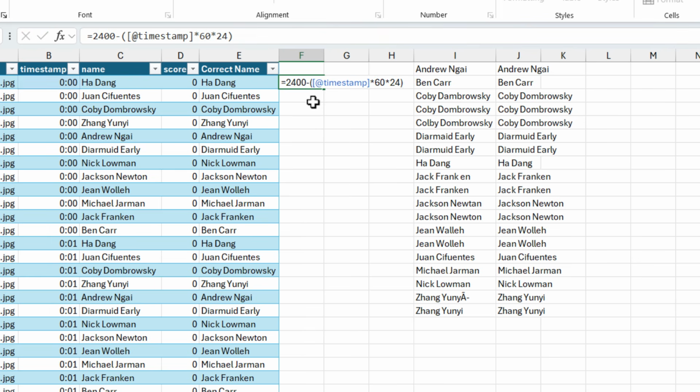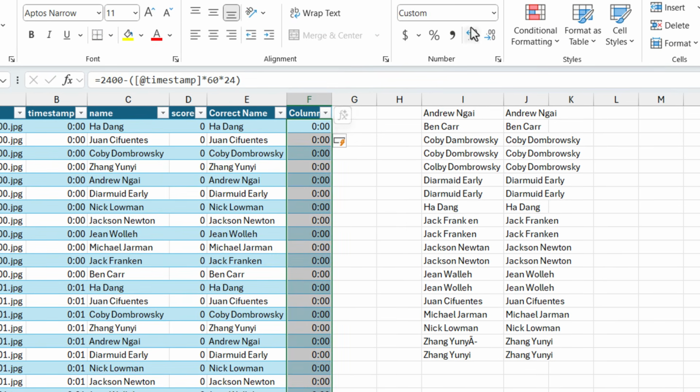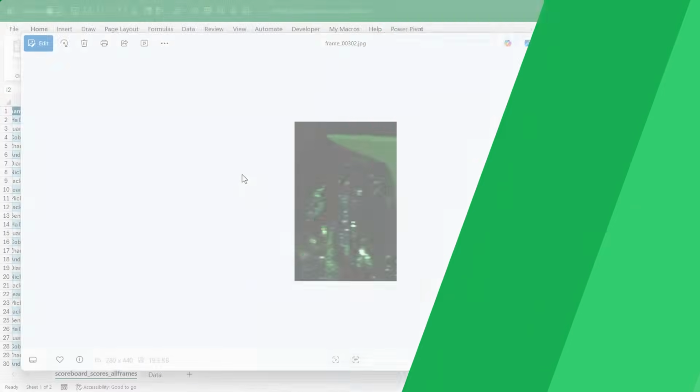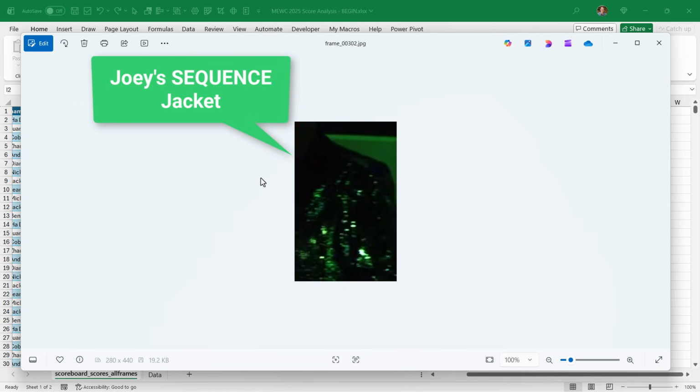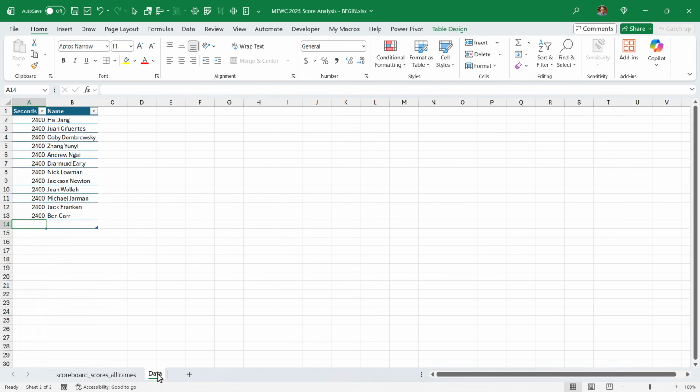Close parentheses and hit enter, and that will spill down this result here, and this actually should be a general format or a number format, and then we will see that in the number of seconds. Now we also have gaps in our data when we had on-camera shots like this and we don't see the scoreboard. So in order to fix this, what I'm going to do is I added this data tab over here,